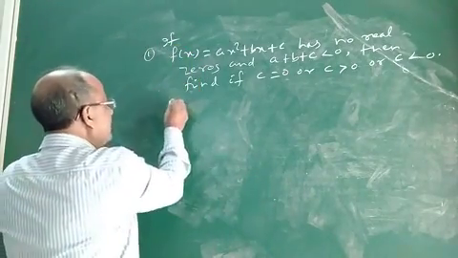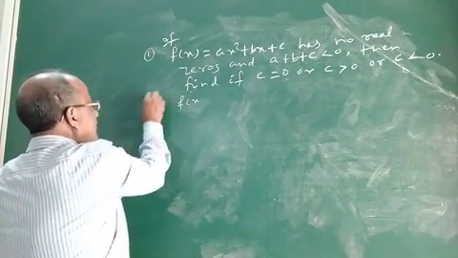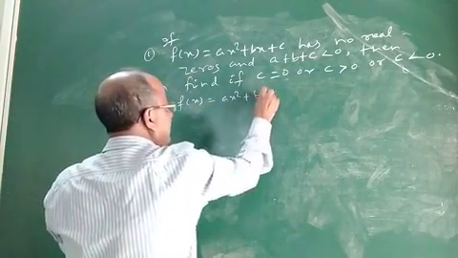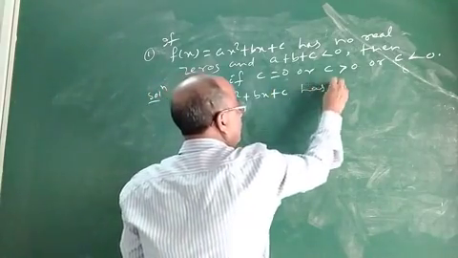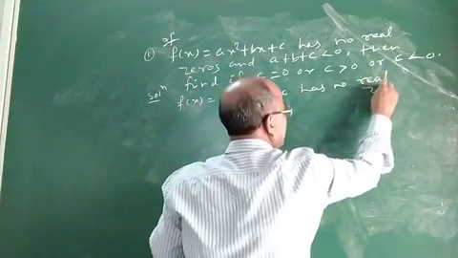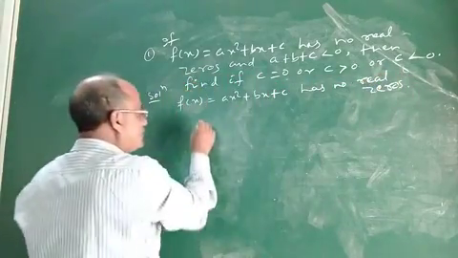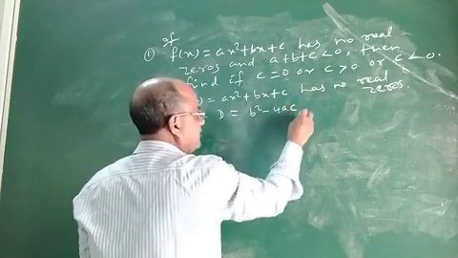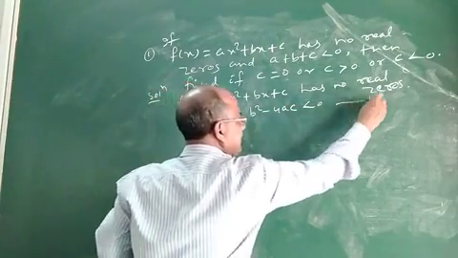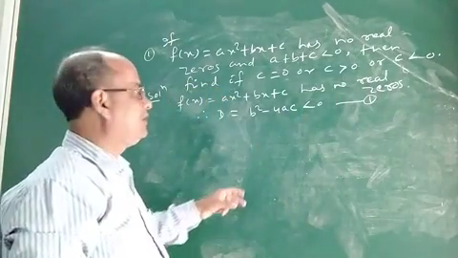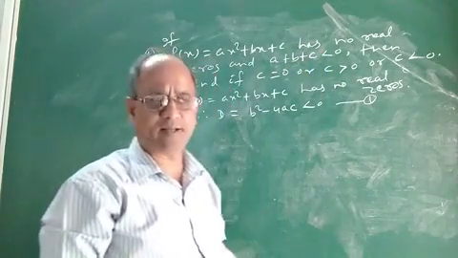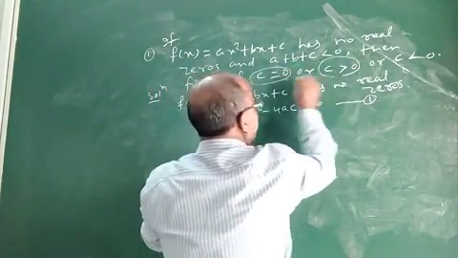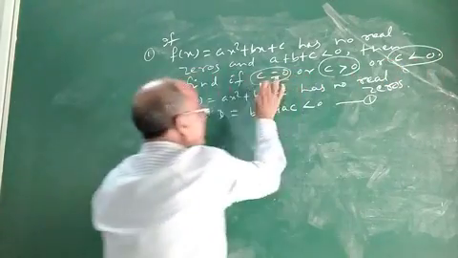See the solution. Now you are given f of x equal to ax square plus bx plus c has no real zeros. As it has no real zeros, the discriminant d equal to b square minus 4ac must be negative, so it is less than 0. We are also given that a plus b plus c is less than 0. Now first we have to find whether c will be greater than 0 or equal to 0 or less than 0. Suppose you take c equal to 0.